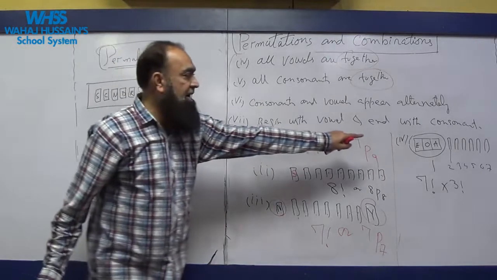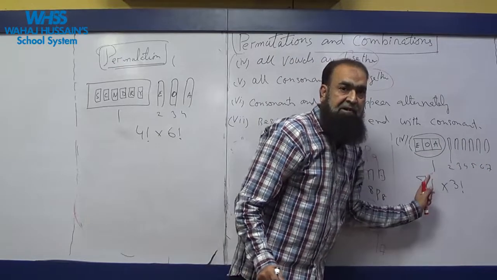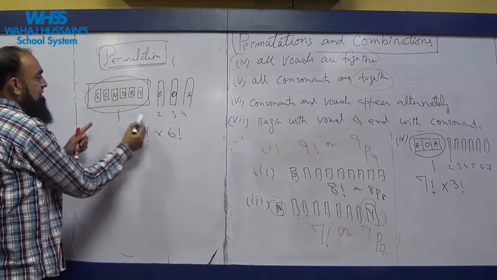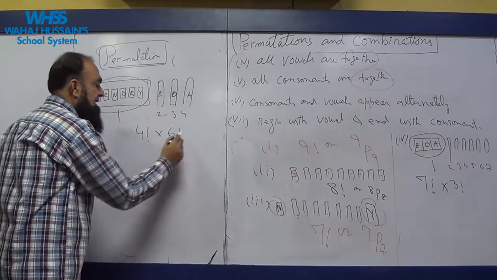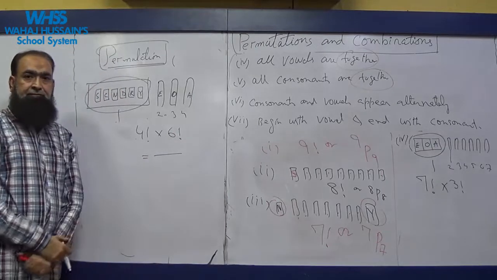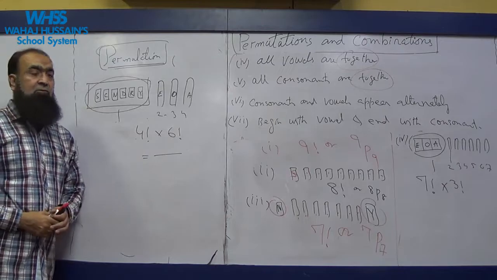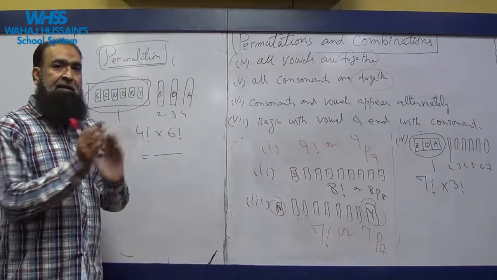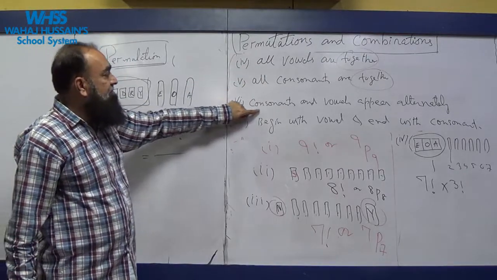Compare with the vowels case: the vowels block is a single block, then 2, 3, 4, 5, 6, 7, so 7 factorial into 3 factorial. Here, the consonants block is a single block, 1, 2, 3, 4, so 4 factorial into 6 factorial. That would be the answer. So whenever we have to make things together, we make a single block, count externally and then internally. In the next part, consonants and